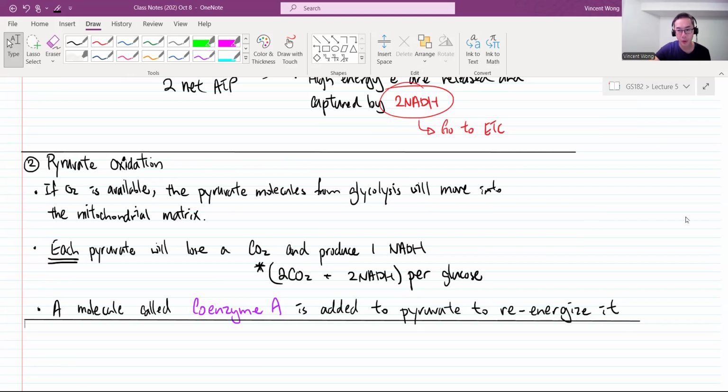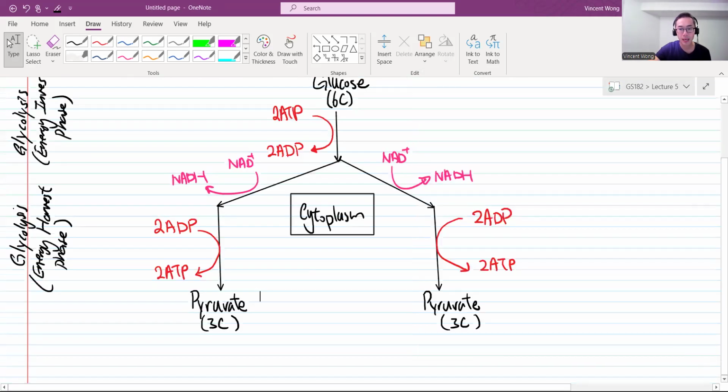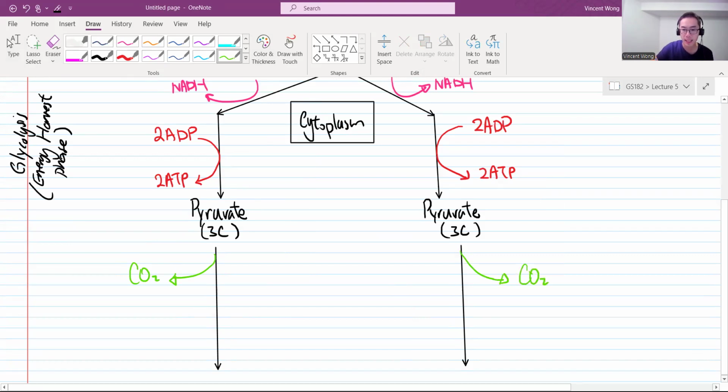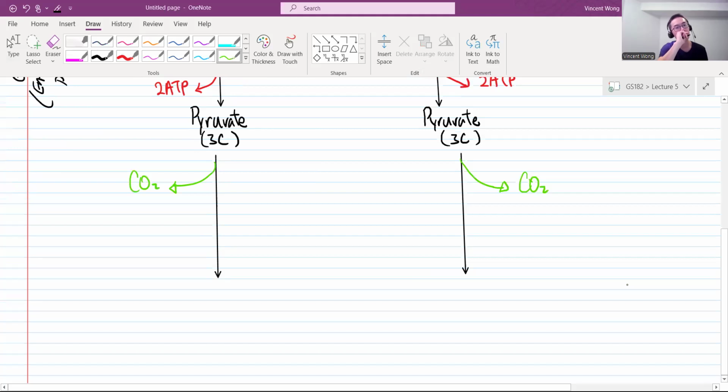So on the other note, let's see what happens. Each of the pyruvate will have three reactions happening to it. First thing is we're going to remove a carbon dioxide. How many carbon dioxide are we supposed to produce in cellular respiration? Take a look at the equation you wrote down. How many carbon dioxide? 6. Right. We balance the equation, so 6 carbon dioxide. So here are 2 of them.